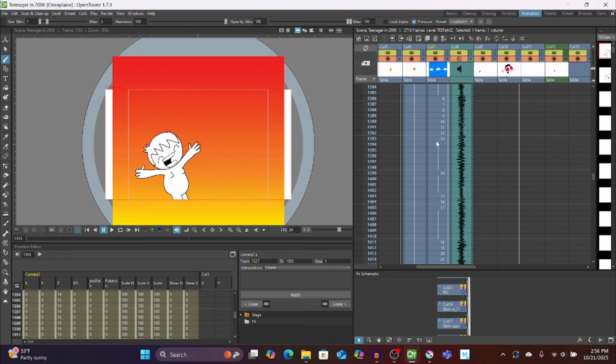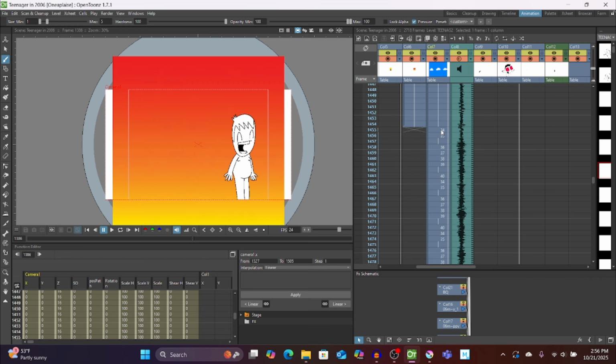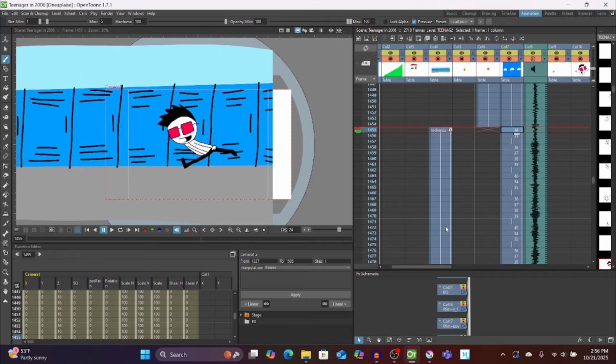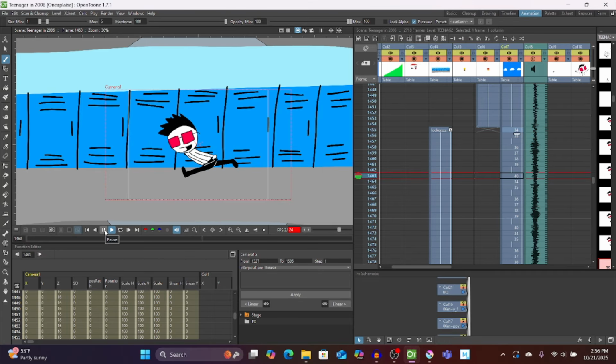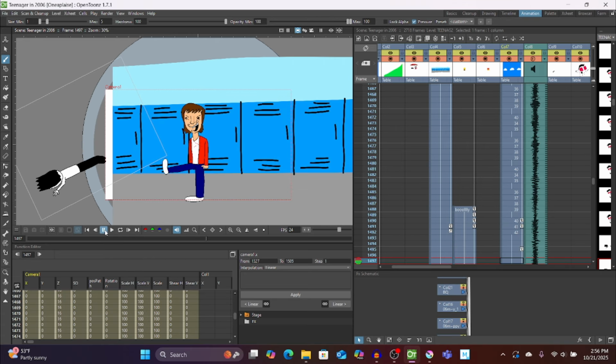Let's see how that looks. Is it this? No, it's not that. I think it's this. Yep, see, so this is the file for the lockers as their own thing in the back, so they can pan through like this. And then instead of him sliding, this looks more like tripping, to have him